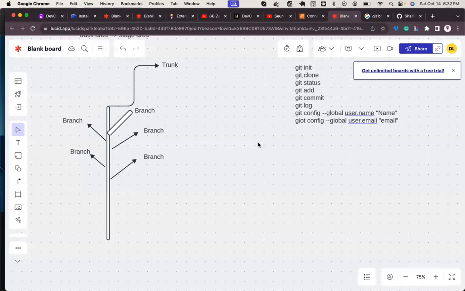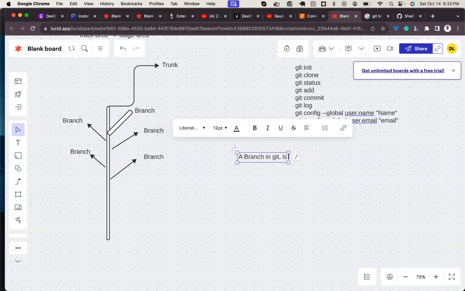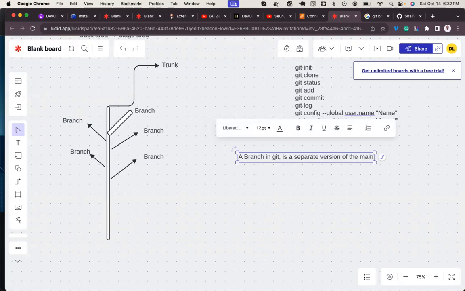Please take that definition. A branch in Git is a separate version of the main repository.